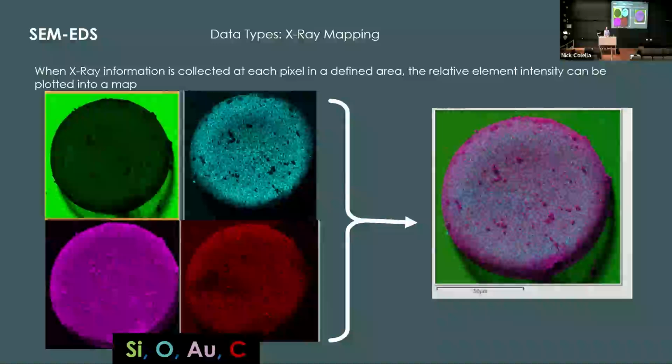This is a silicate particle coated with carbon on a silicon wafer slide, right? So we can see not only where we have the different elements, but also what their relative intensity is and what the distribution is of the different elements, and how those kind of combine, forming the overall sample elemental distribution.